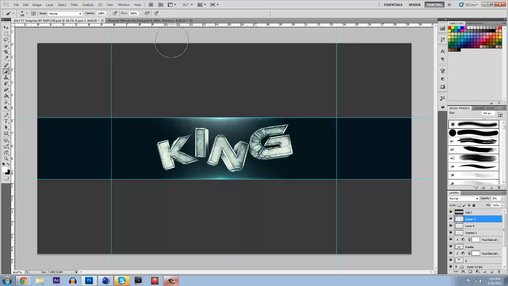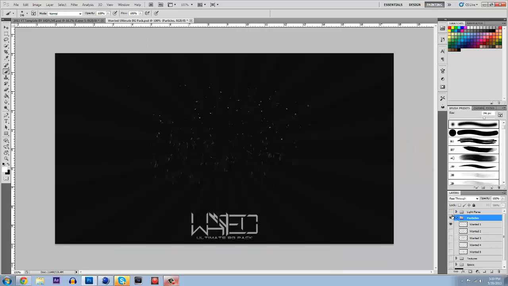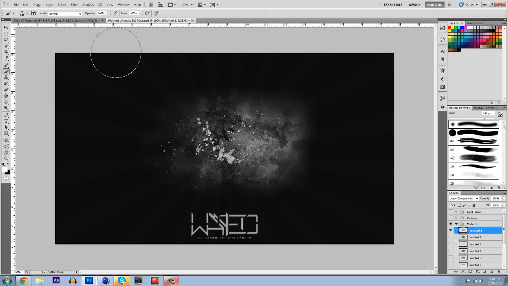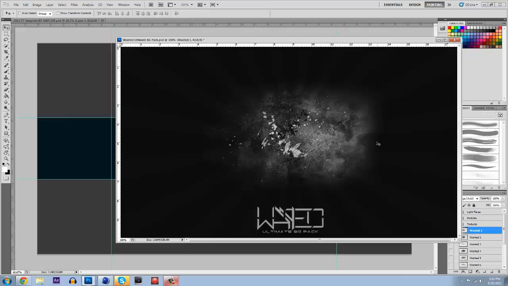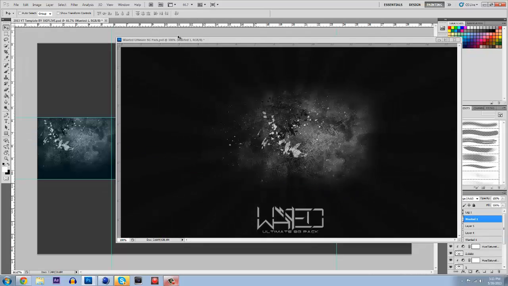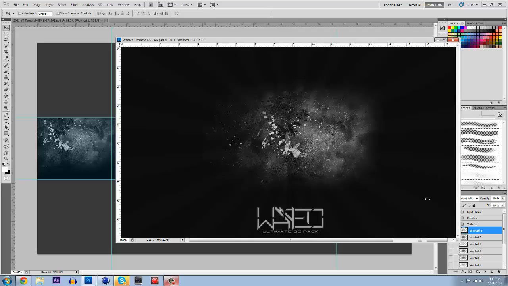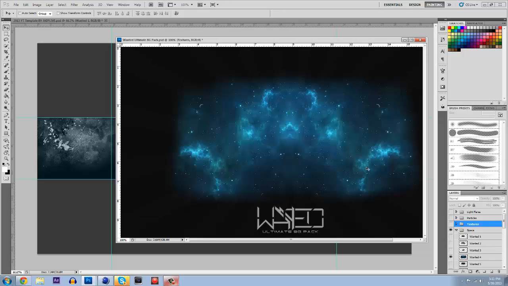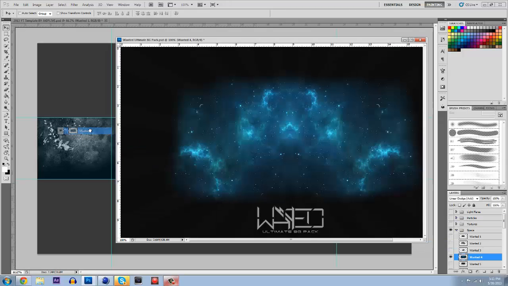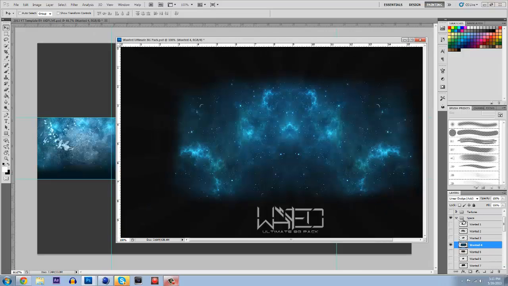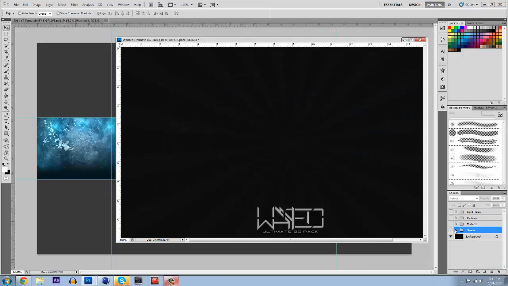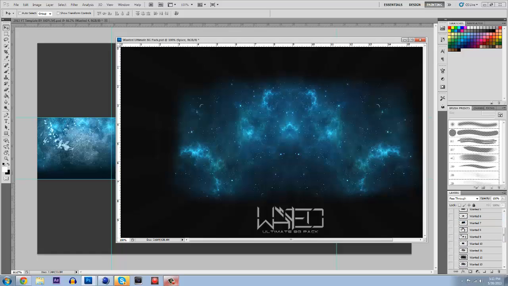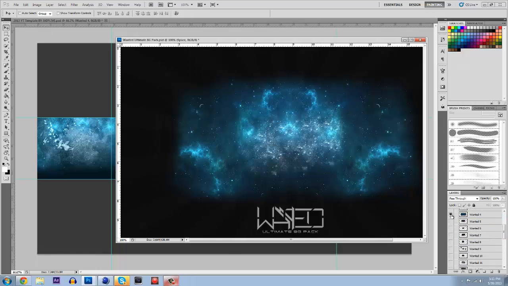Other than that, you can also just add textures and stuff, which will always make it look better. Here's a really awesome texture that I like, and I'm just going to drag it in. Maybe take some other things too. You can just download a pack, and it'll probably have the same textures. This is another one that's used in almost every background that everyone uses. It's really overused space text. And then there's another one that I really like, not that one,